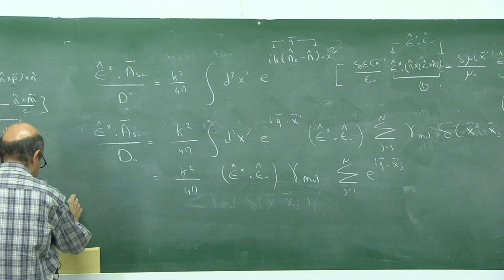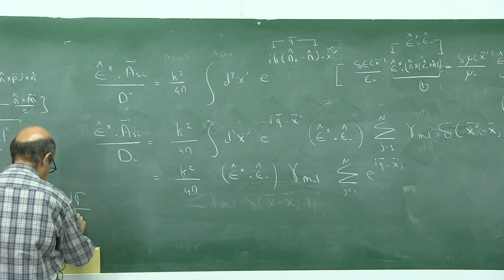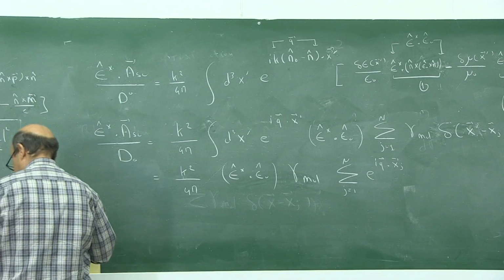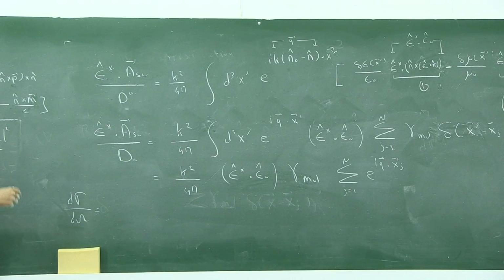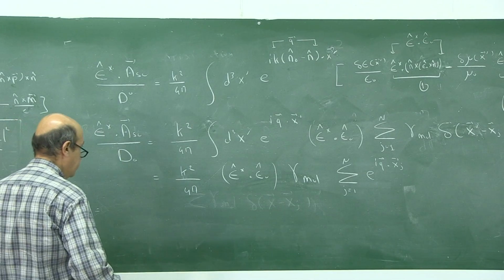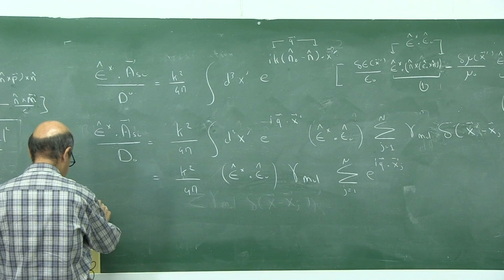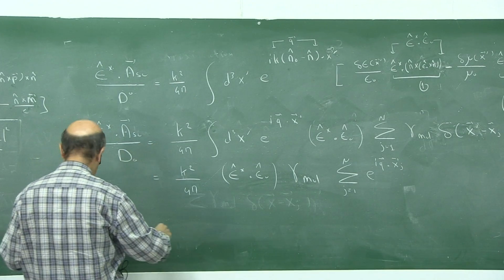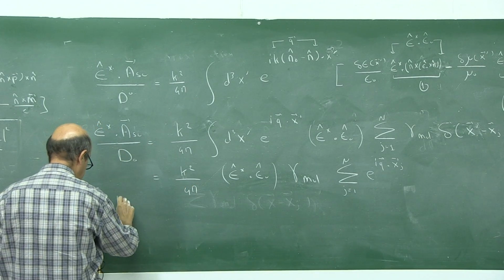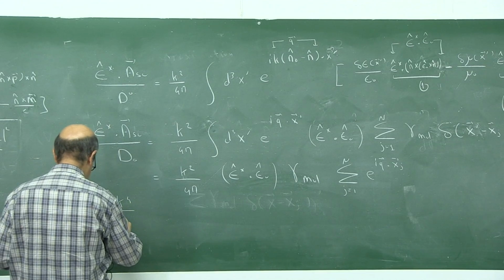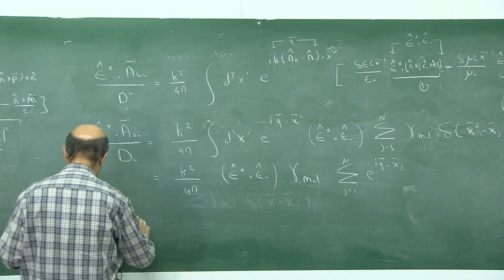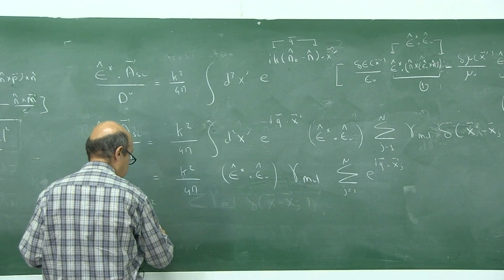So basically, when you calculate the scattering cross section per solid angle, you have to take the square of this. That will be equal to the square of this term, and that is nothing but k to the 4 over 16 pi square gamma square